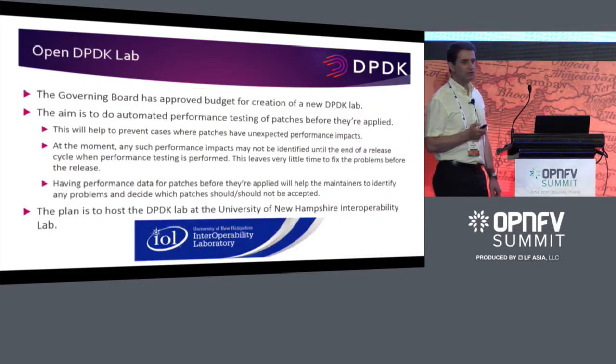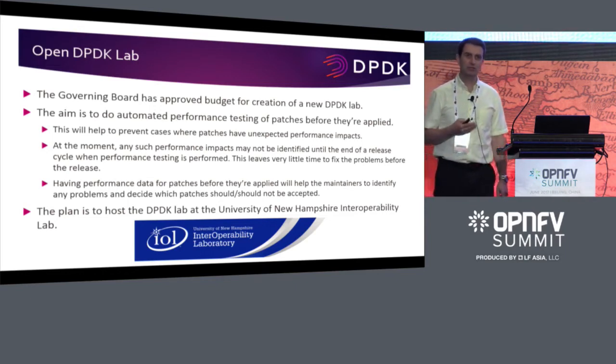One thing we've been trying to improve is how do we determine if there's a performance impact before you get to that point. So if you apply a set of patches, you build a release, you do performance testing, and then you find there's a problem. There are 2 problems with that. First of all, you have to go through an exercise to try and narrow down which patch or set of patches actually caused that issue, which isn't always immediately obvious. And the second thing is that you're right at the end of the release, a week or 2 maybe before you plan to make the release. So it's not the ideal time to be trying to address any fundamental performance issue.